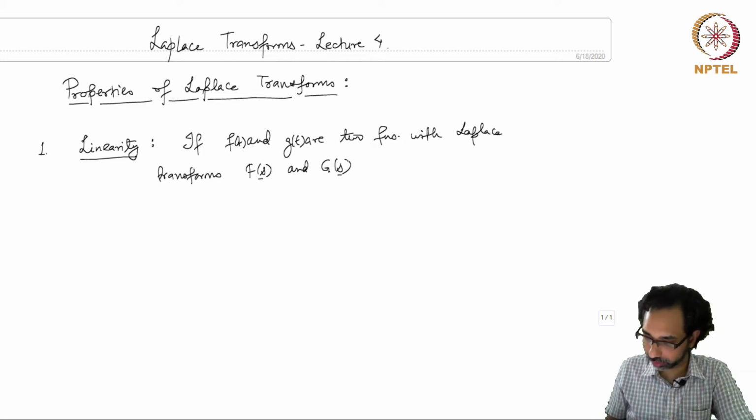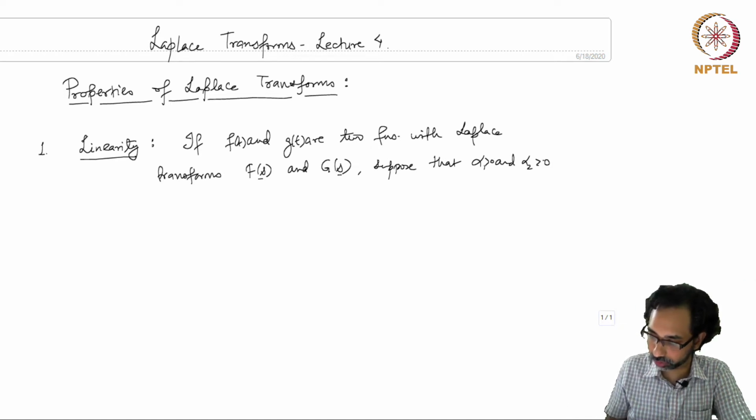Now, given two functions f and g with the given Laplace transforms capital F(s) and capital G(s), suppose we take constants, suppose that alpha 1 and alpha 2 both are positive constants,